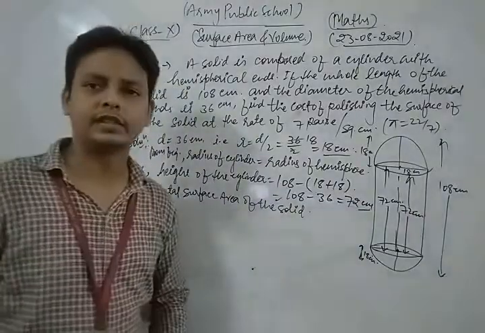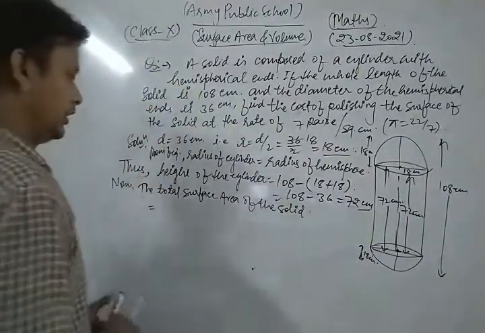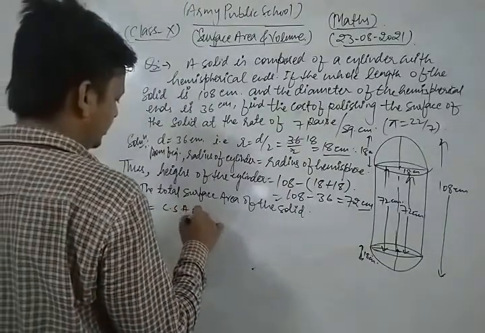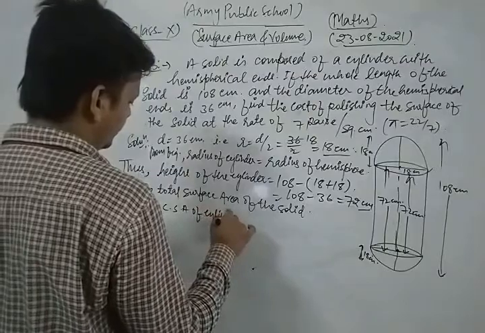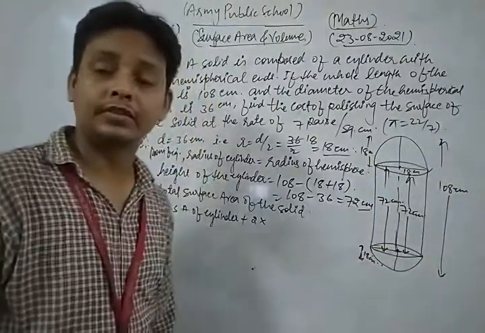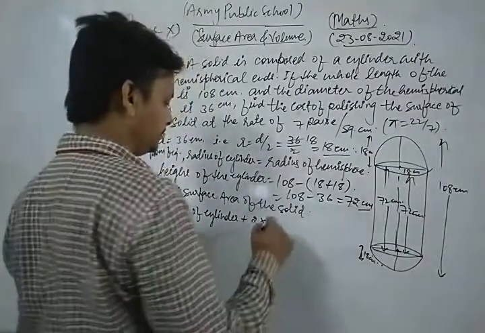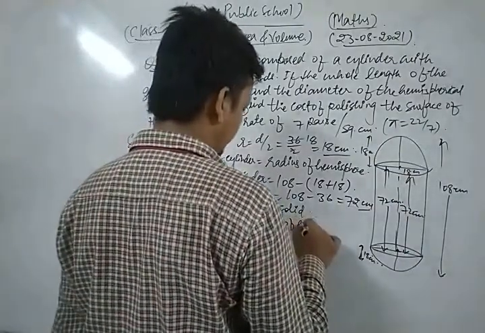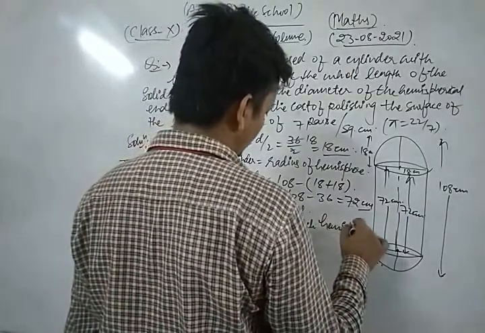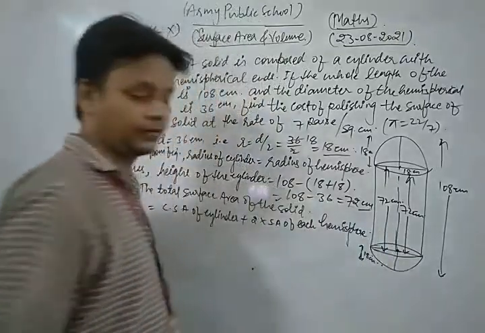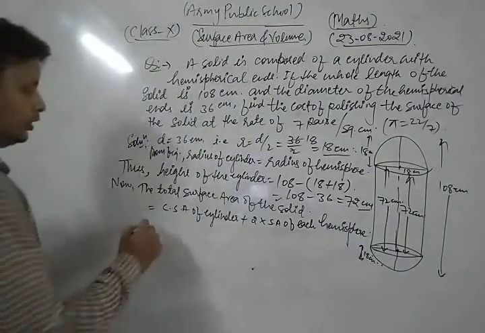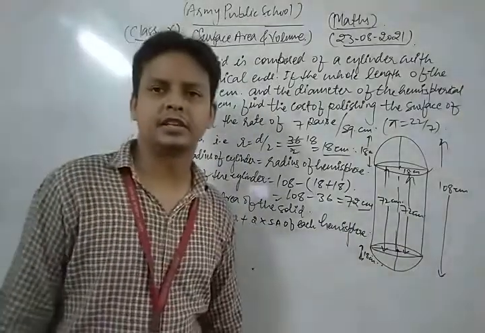The total surface area of the solid is the surface area of the cylinder plus 2 into the curved surface area of each hemisphere. You know the formula for the curved surface area of a cylinder is 2 pi r h,